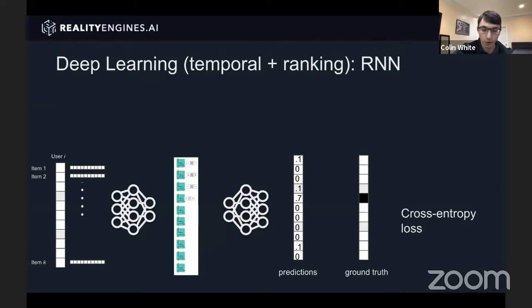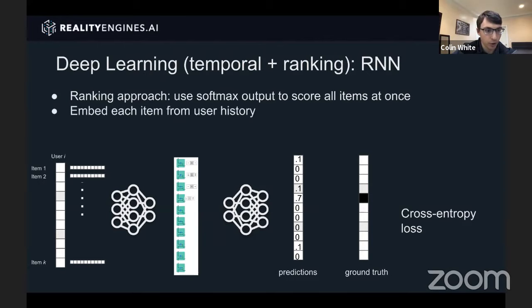So here's how it looks in the full framework. We start with the user history on the left, which consists of all of the items they've interacted with, ordered. And then we push this through some embedding layers and then into a GRU, like on